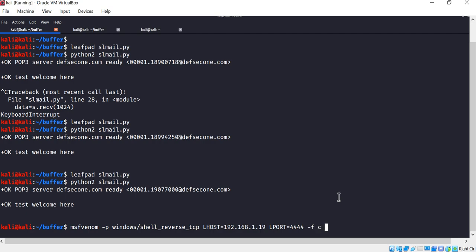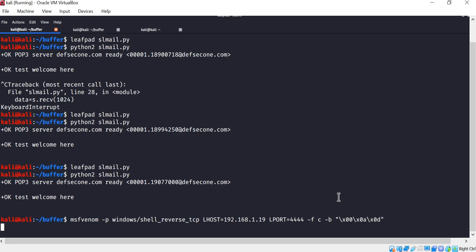I need the output in C, so I say -f c, and then I specify the bad characters. 00 is a return like enter, so we'll just remove that also, and then say 0A as one of the bad characters and 0D as one of the bad characters, and then press enter. So this will develop the shell code.